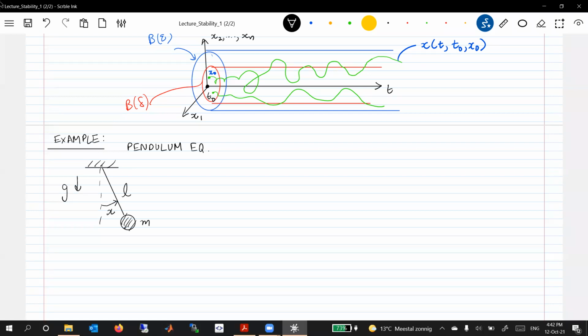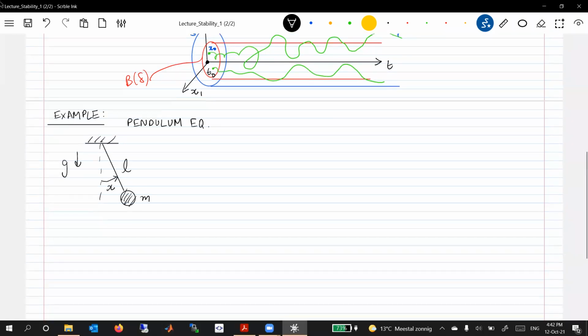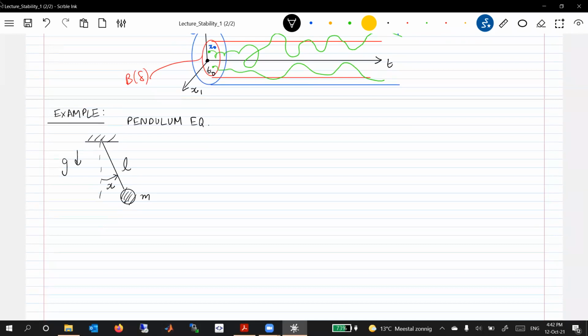And we already saw the phase portrait of this pendulum. Assuming there's no damping, it would be a conservative system. And if we were to try and draw the phase portrait,